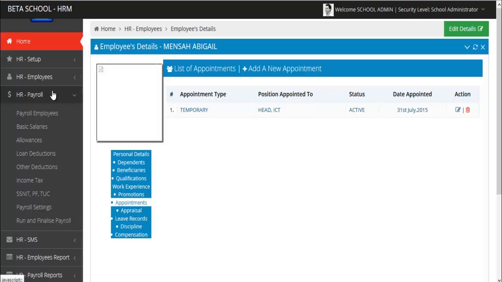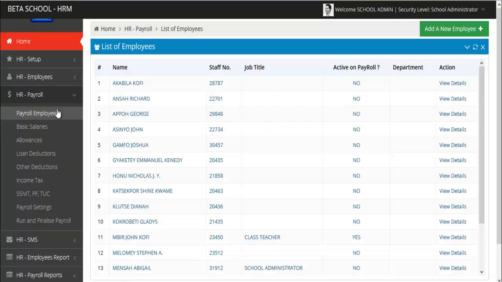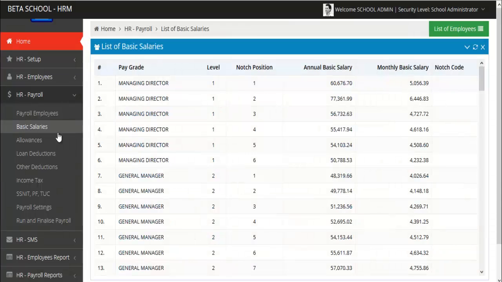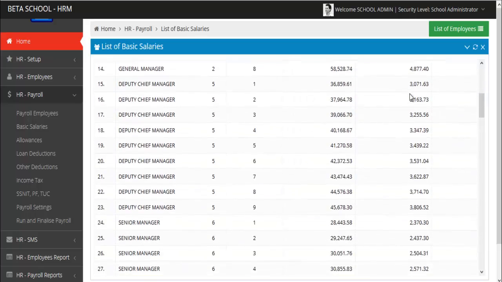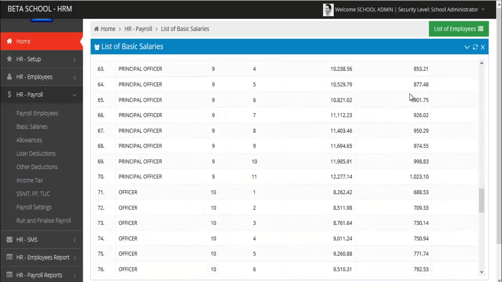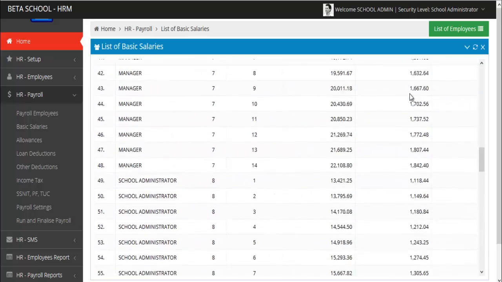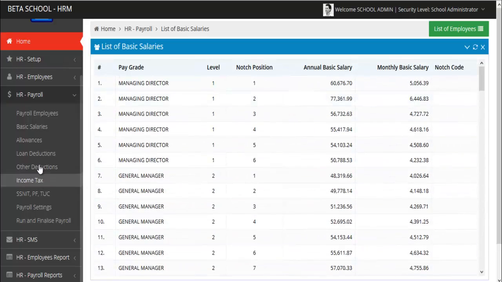Now let's go to the payroll employees. We can have our basic salaries for each job and for each level, for each notch, the amounts of basic salary, the monthly salary for all the jobs and for all the notches that are created in the system. The allowances that have been added,